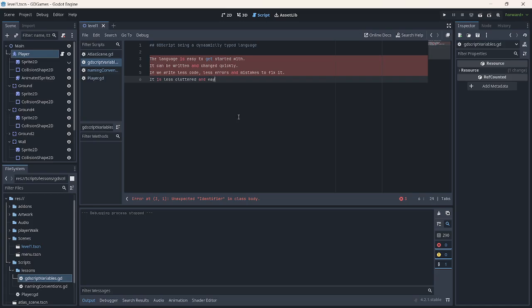And that's my goal here. I'm hoping that we can all learn how to read the code base of Godot, so it is less cluttered and easier to read. Okay, and no compilation is required to test.